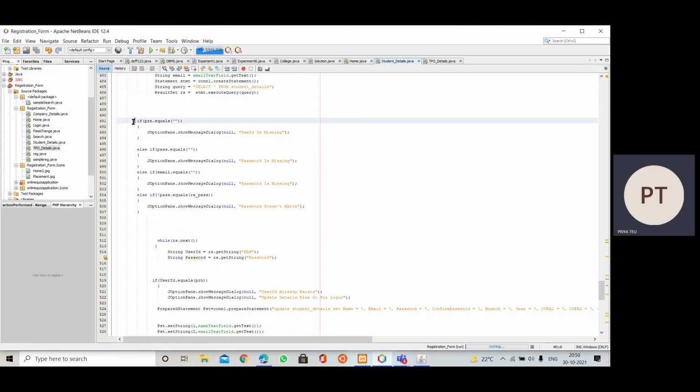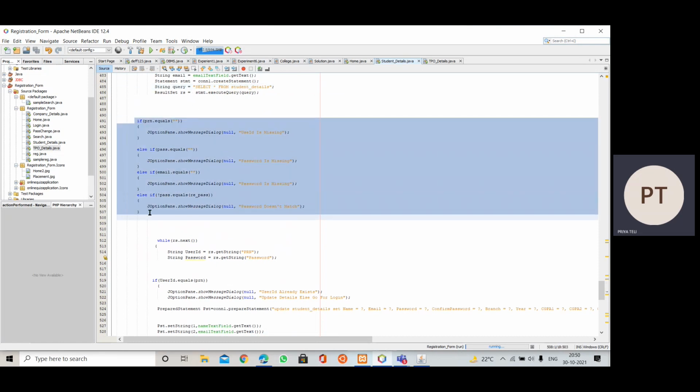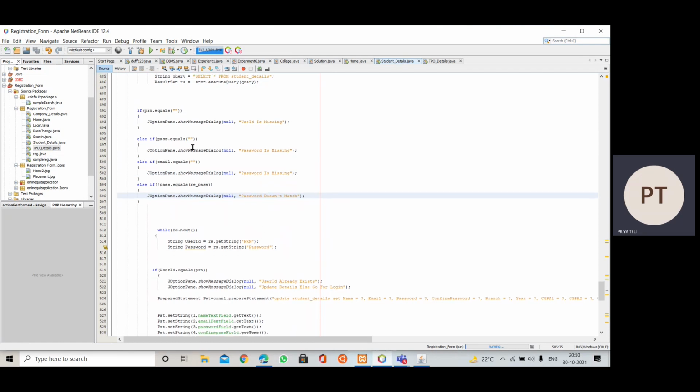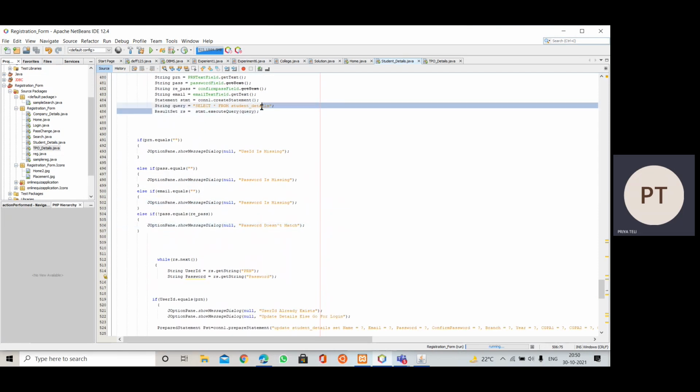First of all, in this case also we check whether any fields are empty. If the user enters nothing inside the fields and goes for the update button, then messages will be displayed, like user ID is missing, password is missing. It also checks whether the password and confirm password fields are matching or not.